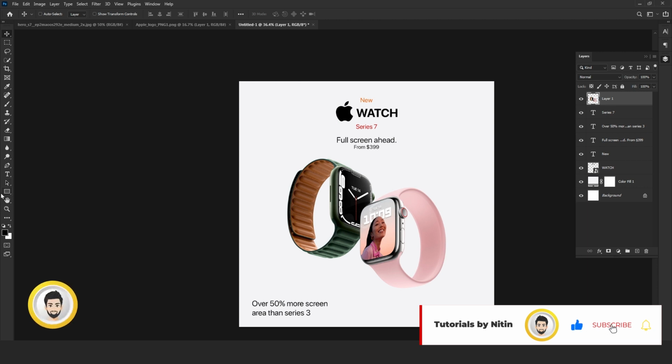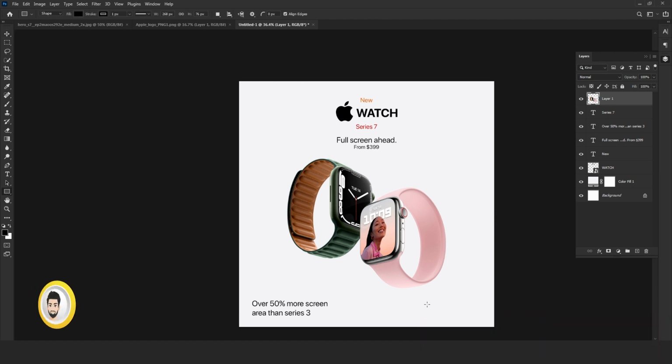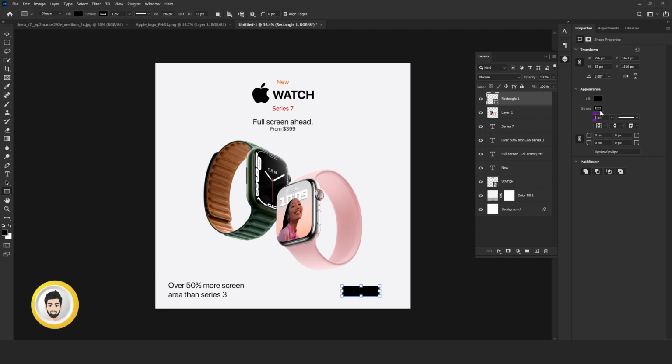Now we have to create the button, so I am selecting the rectangle tool, and here are our properties. Border radius of the rectangle should be around 10 to 15 pixels. Yes, this is looking good.